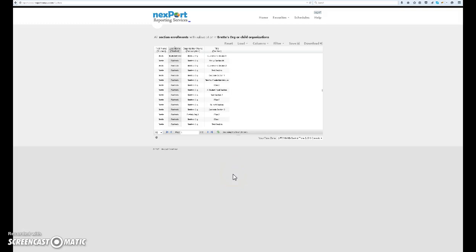This is a demo of the new custom enrollment field column and filter selection. Previously, you were not able to include custom enrollment field data in your reports or filter by it. Custom enrollment field filter and column selection is very much like that of the custom profile field filter and column selection. So if I select columns,